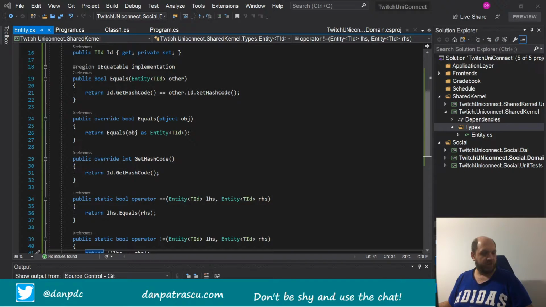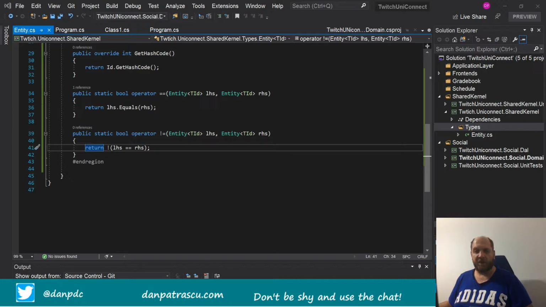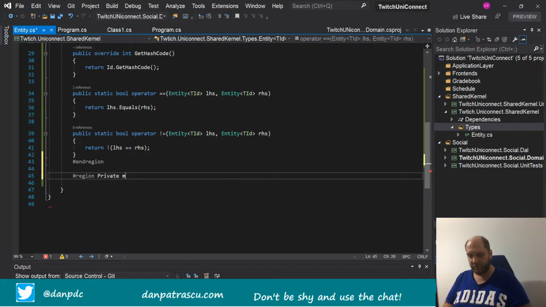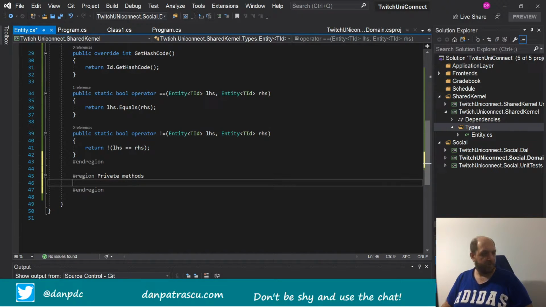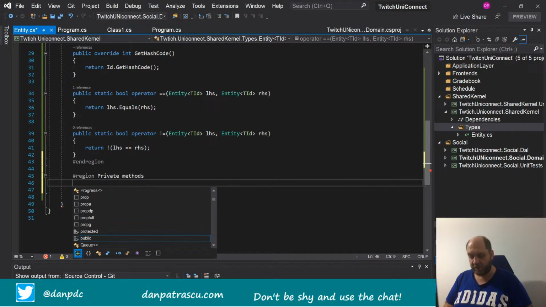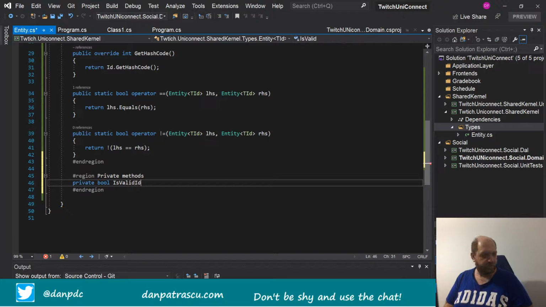I would probably prefer to create a private method that would check if the ID is of a certain type. But that would be in a different region. So let me create a new region. Here it would be private methods, and it would be simply, let's make, okay, private, not public, and it should only return bool is valid ID, and we need the TID